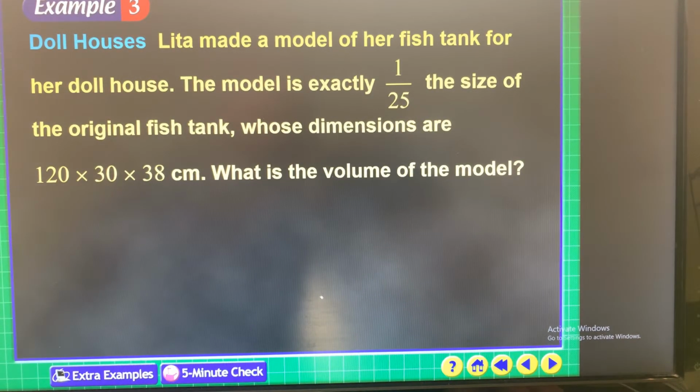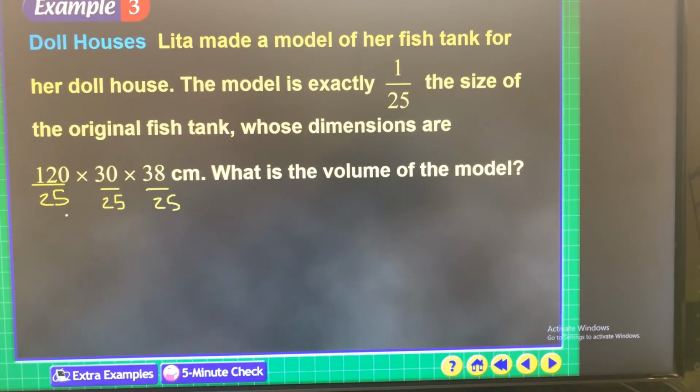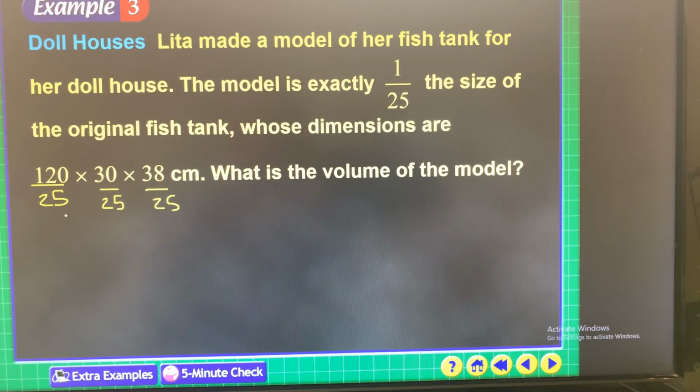Okay, Lita made a model of her fish tank for her dollhouse. The model is 1/25 the size of the original. Here is the original dimensions. So remember, the model is 25 times smaller, okay? 25 times smaller. So you need to find the dimensions of the model by dividing each one of those by 25. So if you did 120 divided by 25, you get 4 8/10